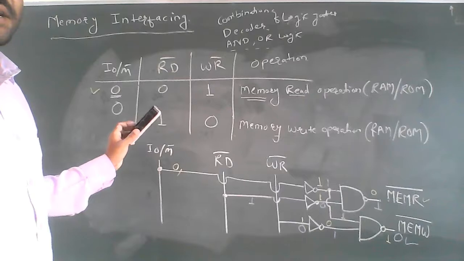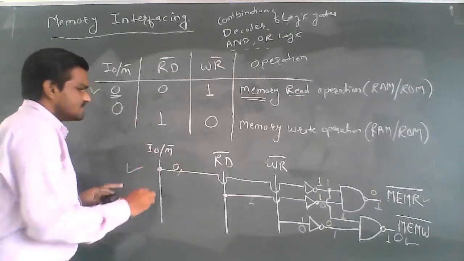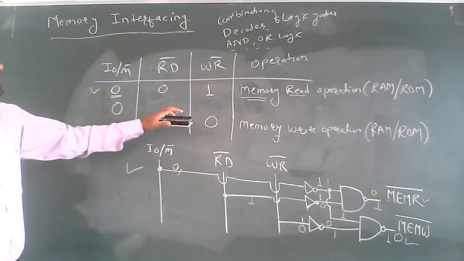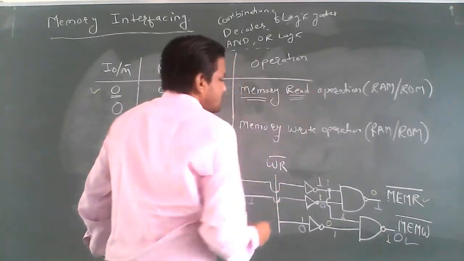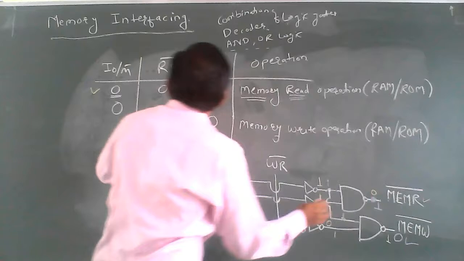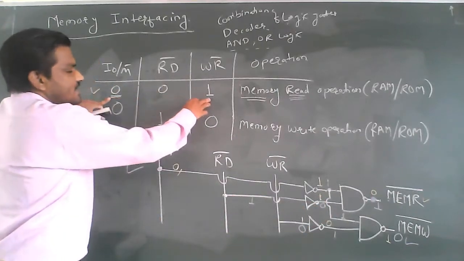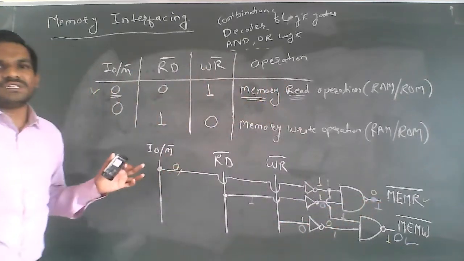Okay, so you will get this. This is one of the logics. So what you have to understand is you have to perform a memory read operation. So at this particular pin, when I put all of this as 0, 0, 1, I must get this pin equal to 0. So you can apply your own logic over there.